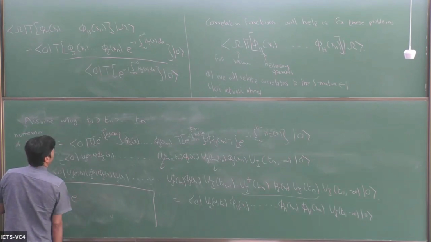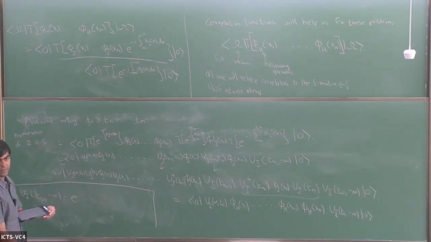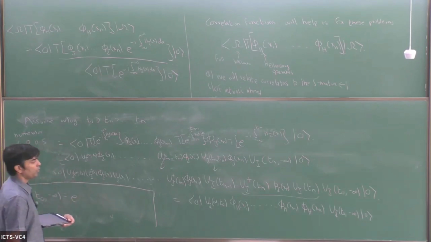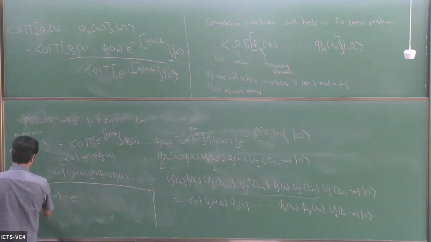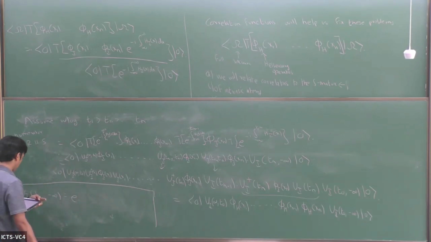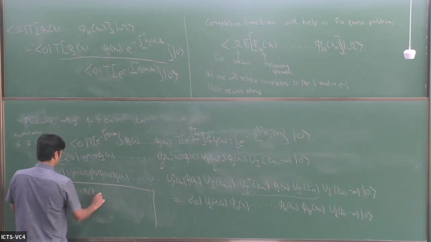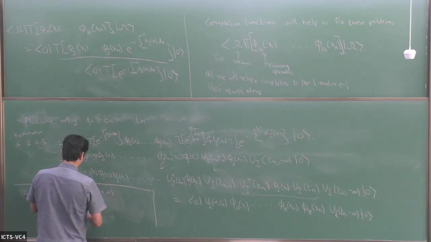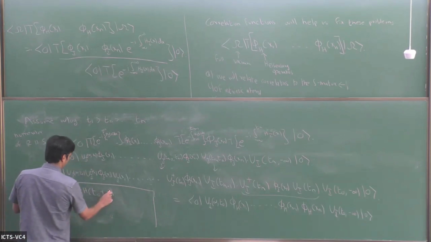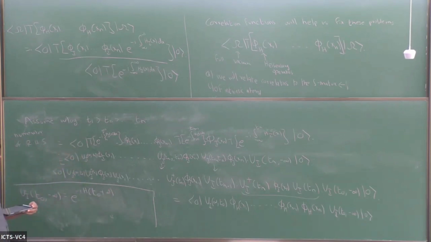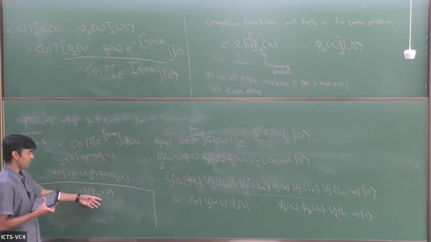If you go back to the formula we wrote previously, one of the factors that we have is t0. So this, you can check, looks like e to the minus i H times t0 plus infinity. Actually, more seriously speaking, I should take this to be some capital T and take the limit as capital T goes to infinity,